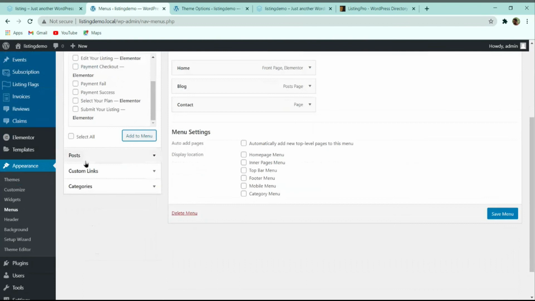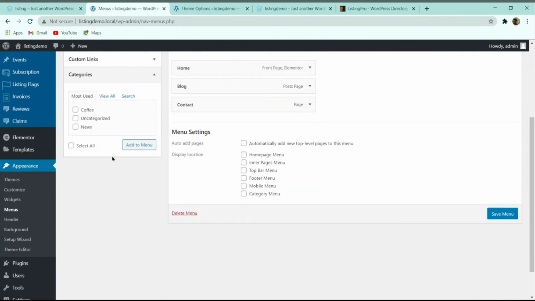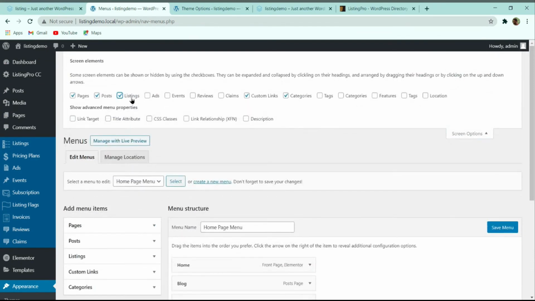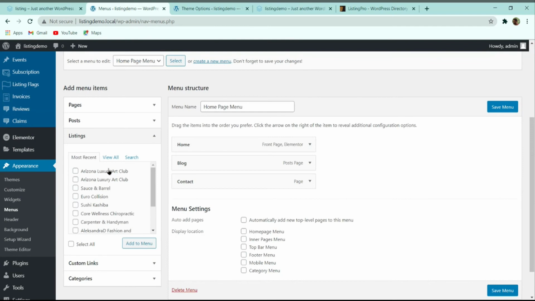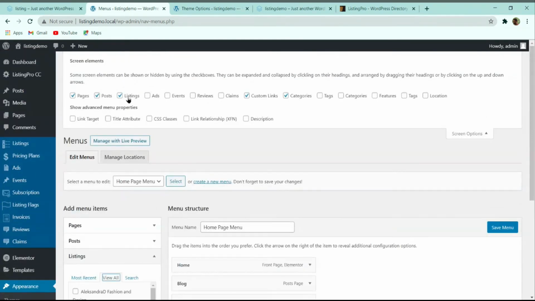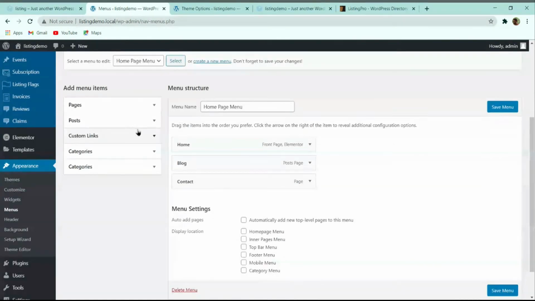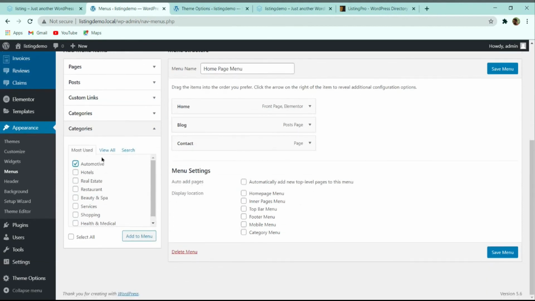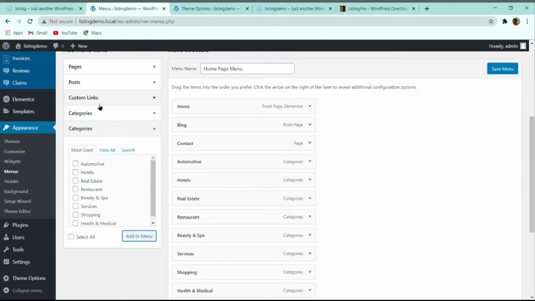For this explore, here you can see categories. Here you are getting the post categories. In this screen option, you can add these listings, and here you can see view all. These are the listings. I don't need these listings. I need categories. Just tick mark these categories, and here you can see different categories are coming. You can select all those categories, and click on add menu.